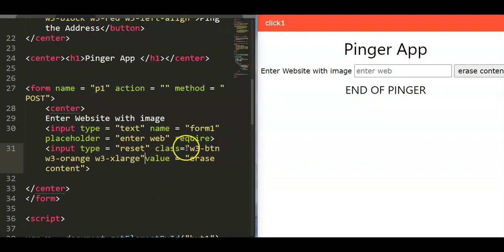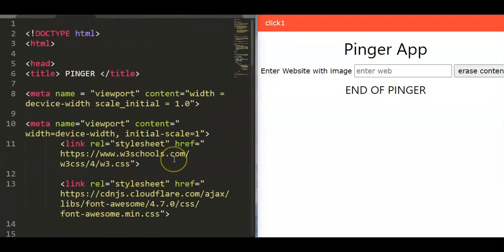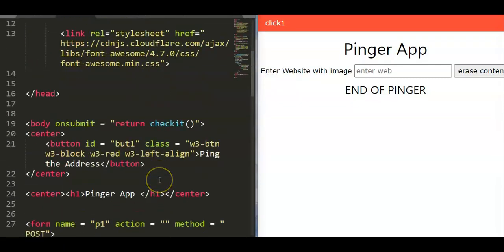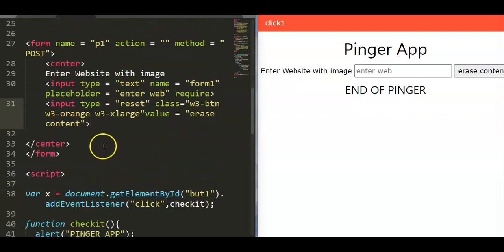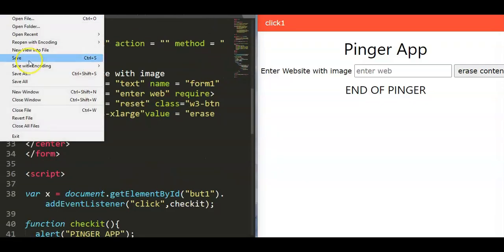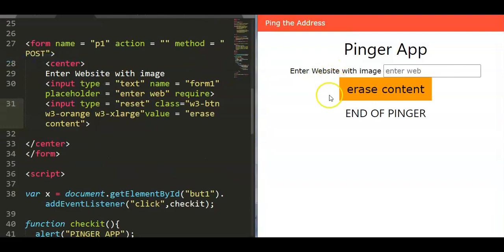The purpose of the class is this is where you get the attributes of your cascading style sheets. You can even create this yourself, but this is already inside your W3CSS, so I would rather go for that for fast programming. We'll save this again. So we have here erase content, and the pinger up at the top. So it's up for you guys